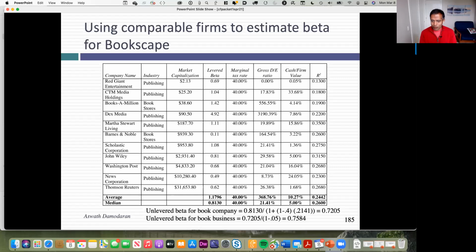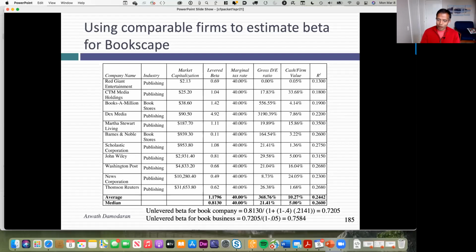Take the business, come up with betas, clean up those betas. And the pure play beta that I came up with for the book business was 0.7584. That's the bottom line. So average beta, cleaned up, corrected for cash. Now with a publicly traded company, once I come up with an unlevered beta, to get to a levered